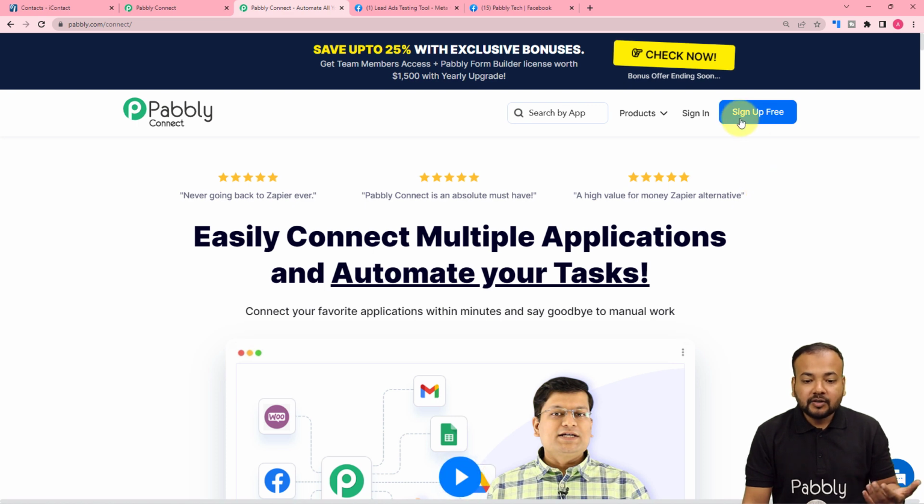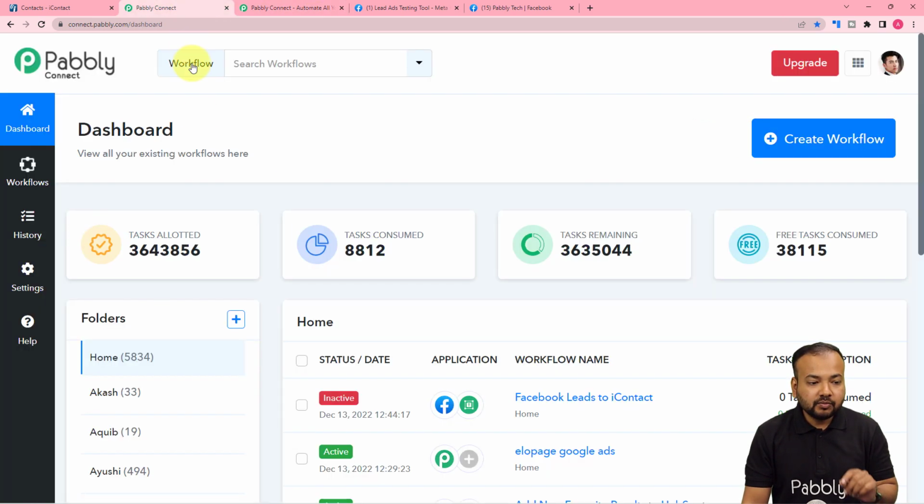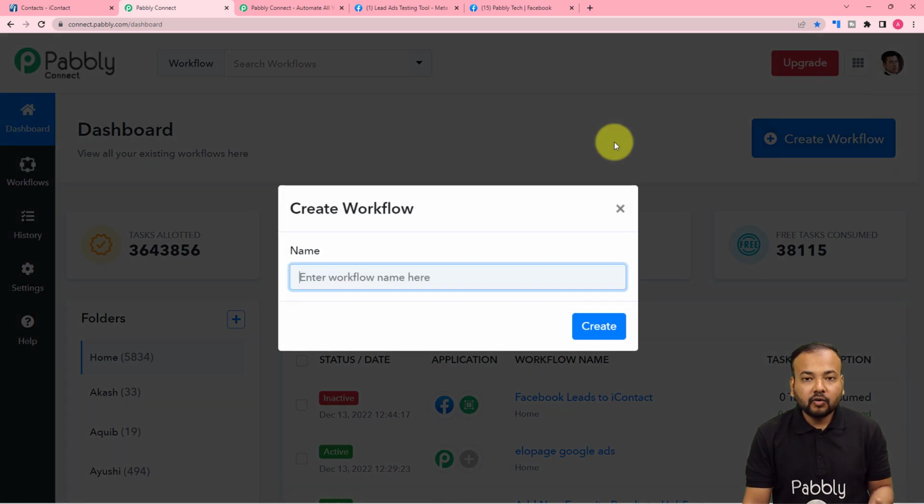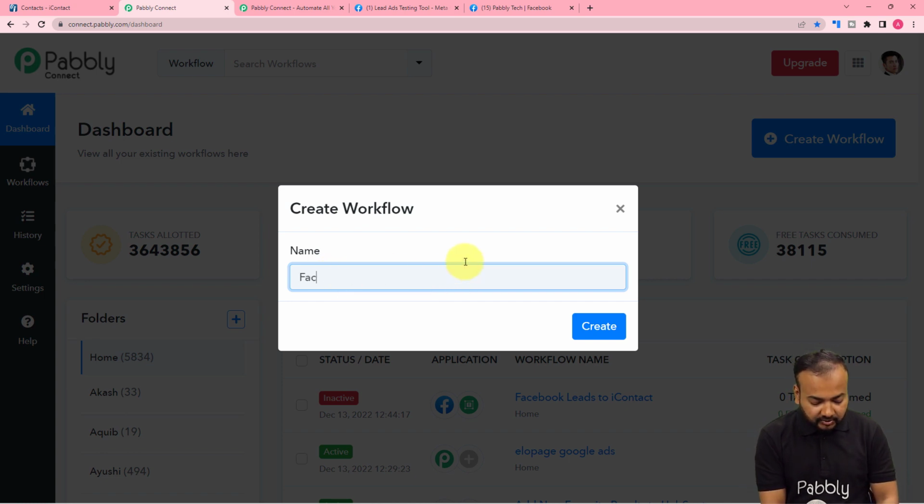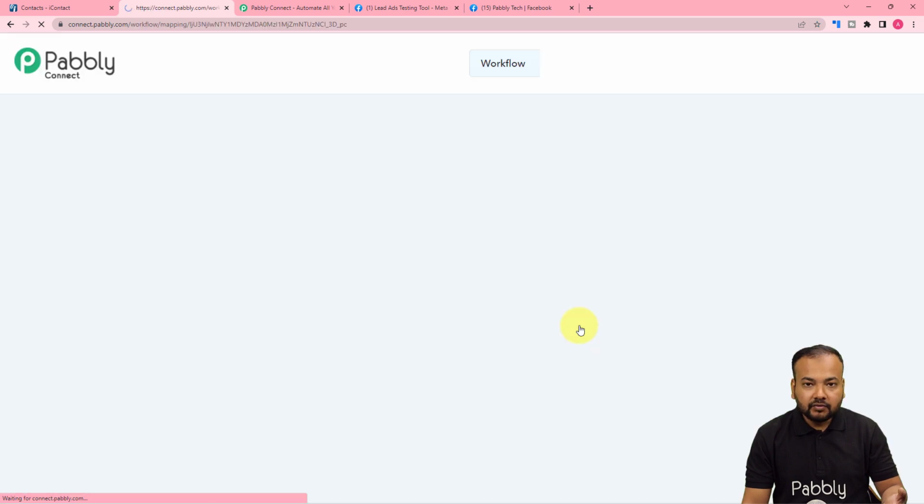And after that, you can sign in and reach the dashboard of Pabbly Connect application. From here, you have to click on this create workflow button to set up the workflow of the automation. And here you can give a suitable name to your workflow as well. So I am giving the name here as Facebook leads to iContact. Okay. And after giving the name like this, just click on create and you can see your workflow page is